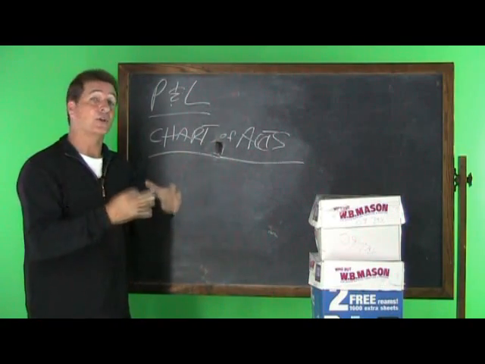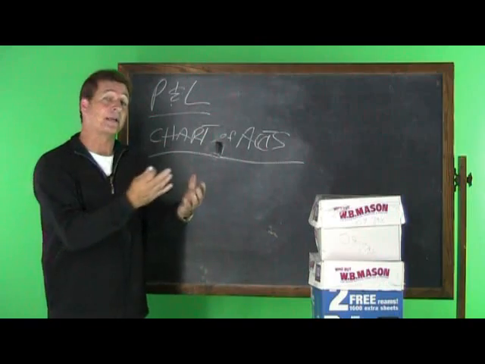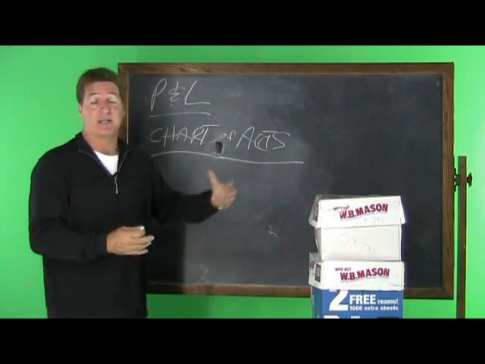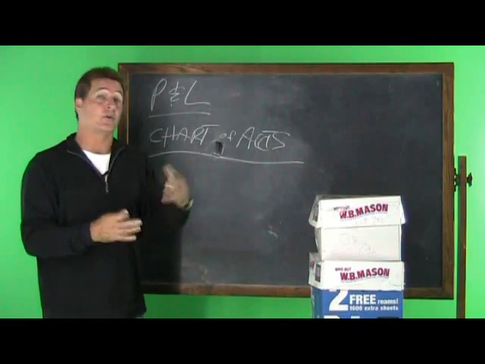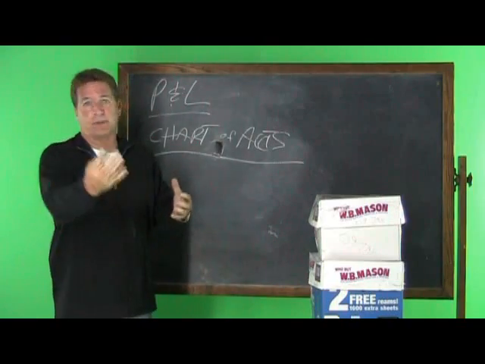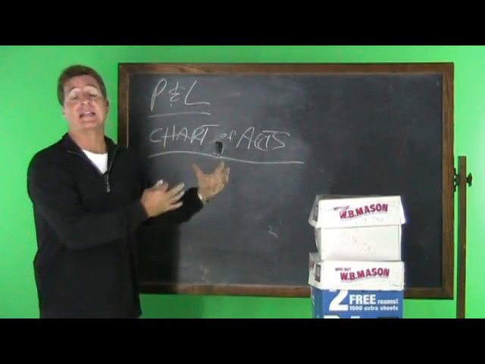For example, when you put gas in your truck, you're spending money on what we call gas and oil. That has a code. When you spend money on labor, labor has its own code. When you're bringing in income from maintenance, maintenance-generated income has a code. When it comes from irrigation or landscape construction, it has its own code.